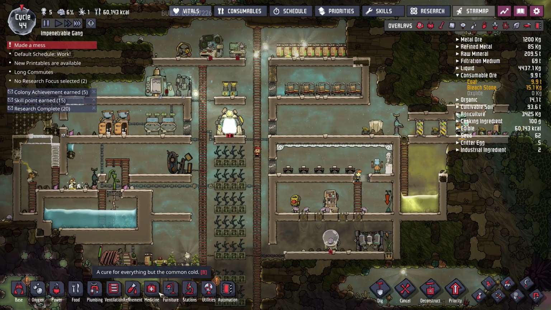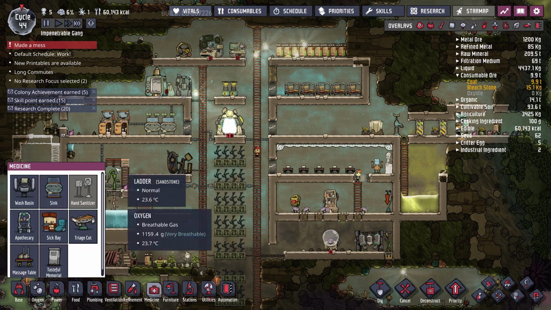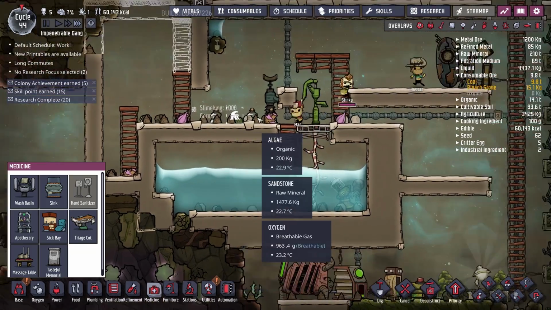I'm wondering if it wouldn't be a good idea to set up a triage cot, maybe, to accelerate health restoration and healing of physical injuries. It does say physical injuries there, so maybe he can't use that to heal his slime lung. We have the sick bay, which allows duplicants to administer basic treatment to sick duplicants. Duplicants must possess the bedside manner skill to treat peers. And then the apothecary produces medicine to cure most basic diseases. Duplicants must possess the medical skill. So I think we just have to tough this one out, simply due to the fact that we don't have...